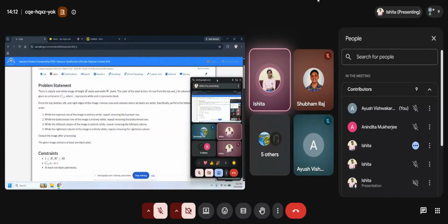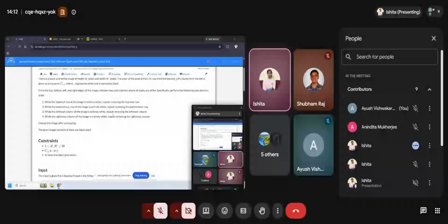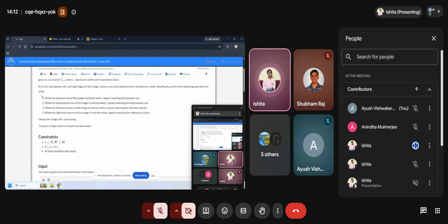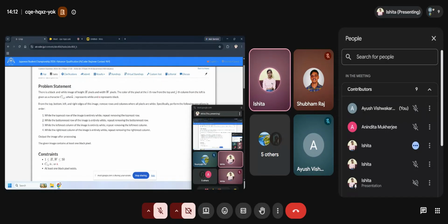Given a grid where Cij represents a cell, a dot represents white and a hash represents black. We need to perform these operations: while the topmost row is entirely white, that is, it has only dots, we remove the topmost row. If the bottommost row is entirely white, we remove it. Similarly for the leftmost and rightmost columns, if they are entirely white, we remove those rows and